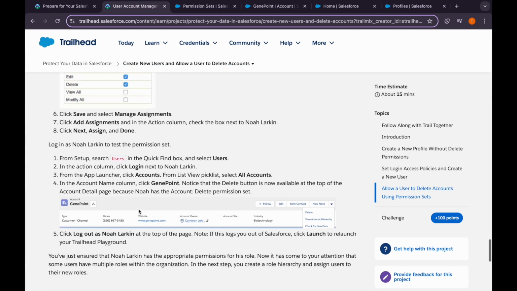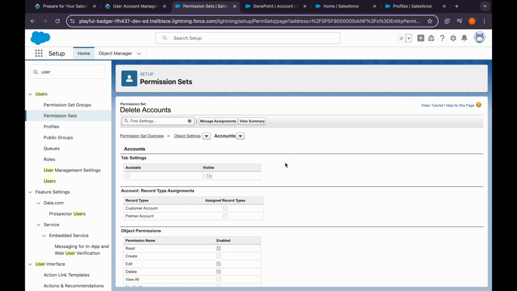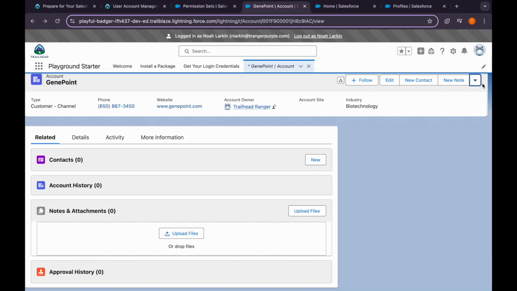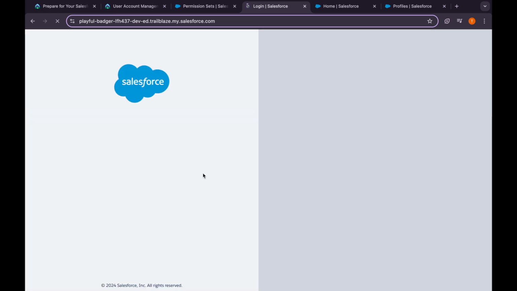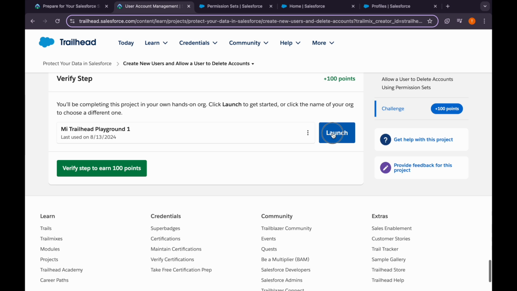Okay, so we are just checking if the delete button is available or not because of the delete permission set. We can't delete the record yet. So yes, we do have delete permission set, but if we log out, I will need to launch the playground again,